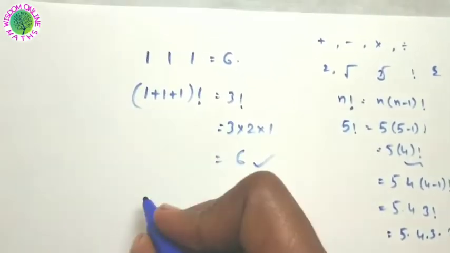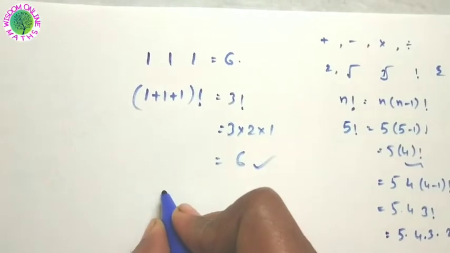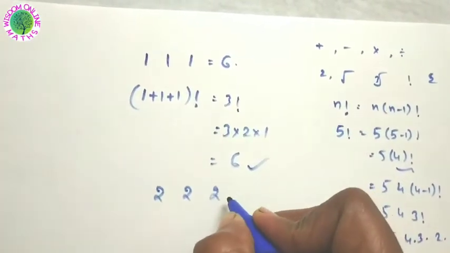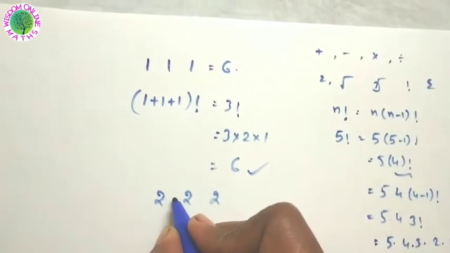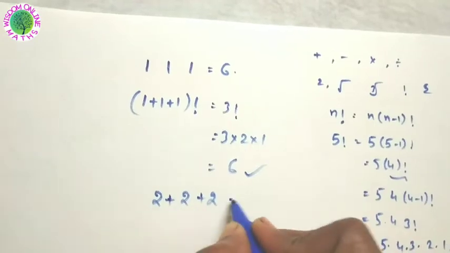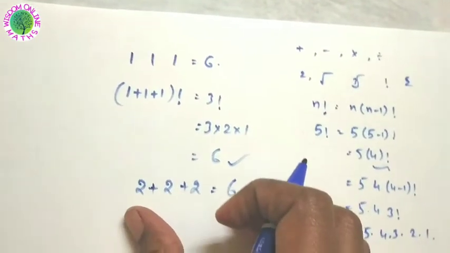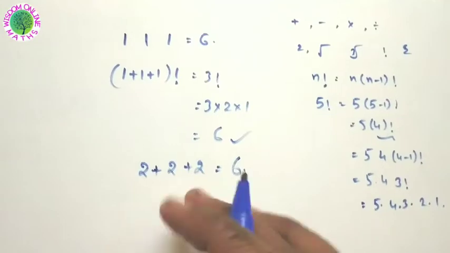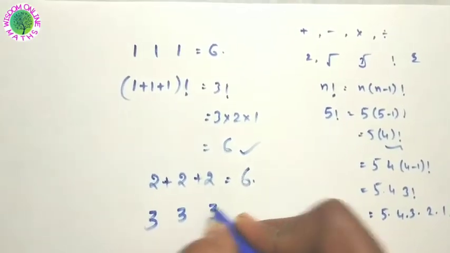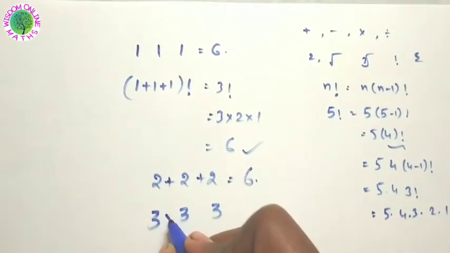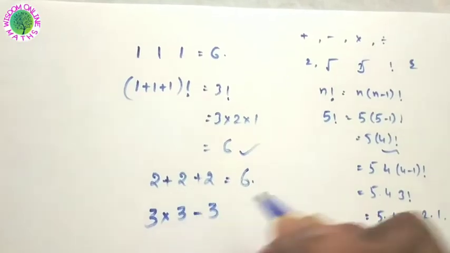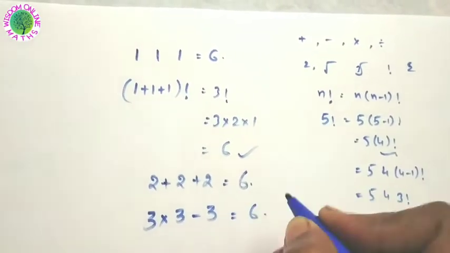Next, the second line. If you observe, 3 twos are there. We have to use those 3 twos and get 6. How 6 is coming: if I add all those, 2 plus 2 is 4, 4 plus 2 is 6. So it is a simple operation, just add all the given 3 twos. Next, use 3 threes. How is it coming on the right hand side? 3 into 3 is 9, and from that 9 if I subtract 3 then I will get 6.